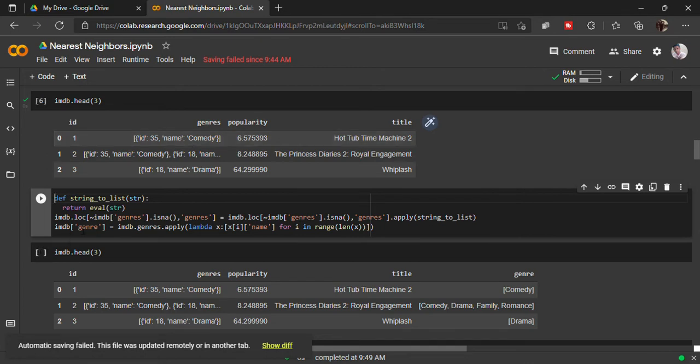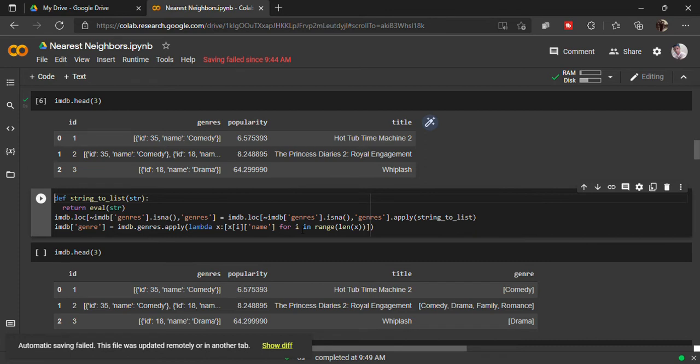So imdb.loc, this is not equal to, I guess. imdb genres dot isna, this is to confirm that there are no na values in the genres column. If you want to replace the original column with the modified column, you have to specify this, then use the modification over here.